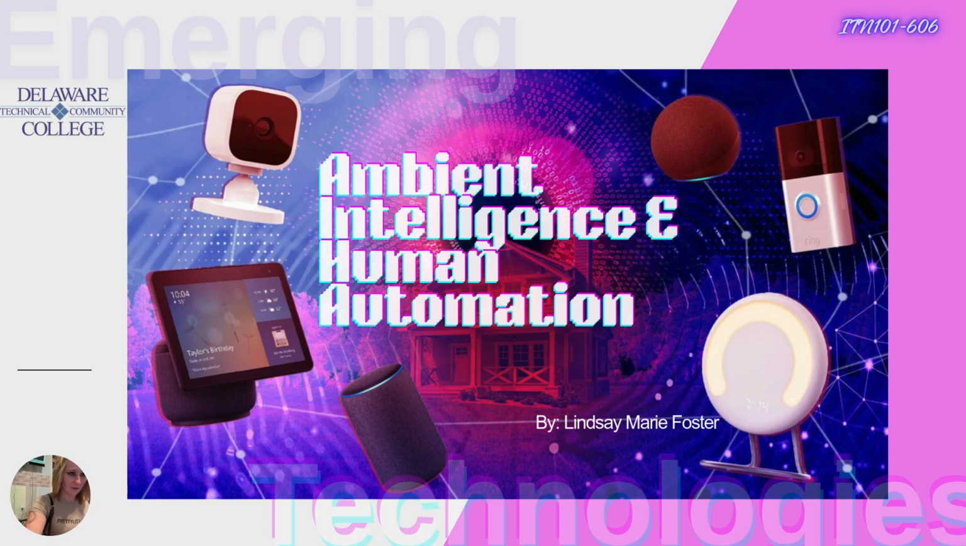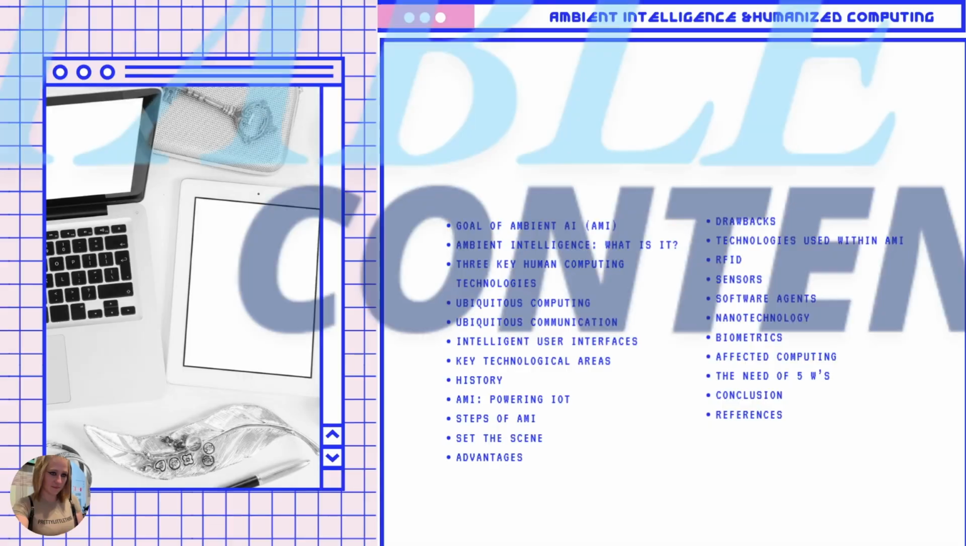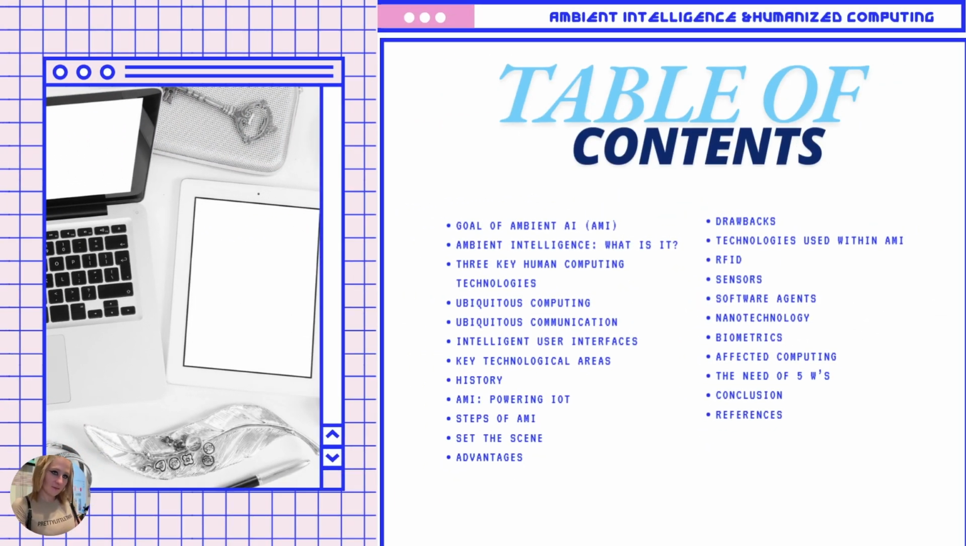So, ambient intelligence and human automation. Let's begin. For the table of contents, what I'm going to walk you through, we have the goal of ambient AI, AMI for ambient intelligence, that's the abbreviation. Then the next slide will be ambient intelligence: what exactly is it? And then we'll talk about three key human computing technologies within ambient intelligence. Then we'll speak about ubiquitous computing, ubiquitous communication, intelligent user interfaces, key technological areas, a little bit of history,